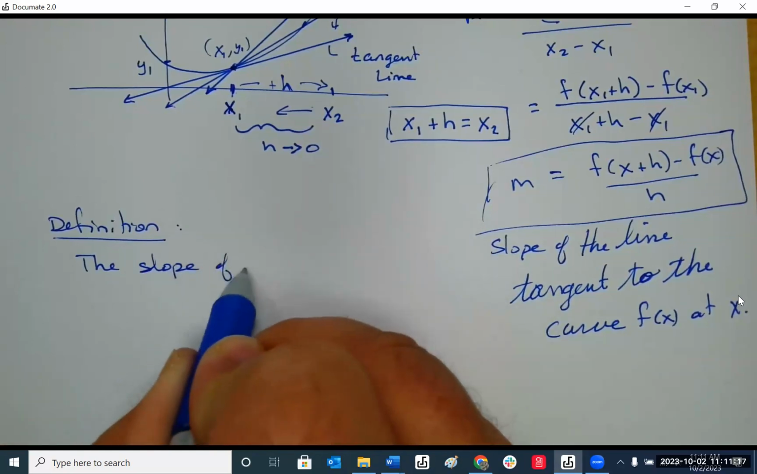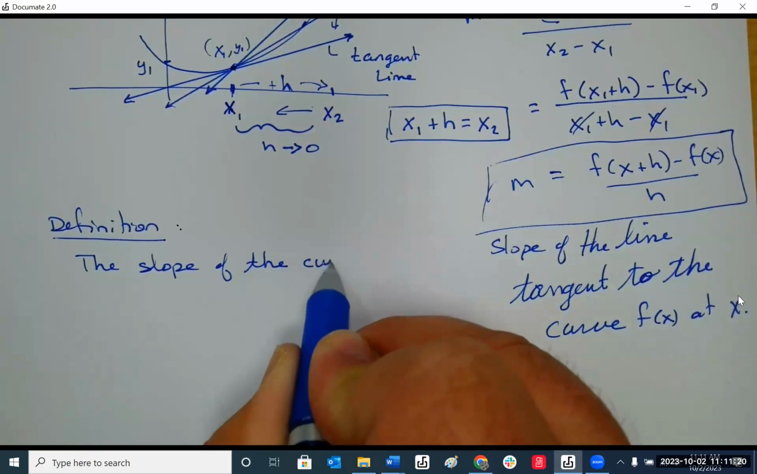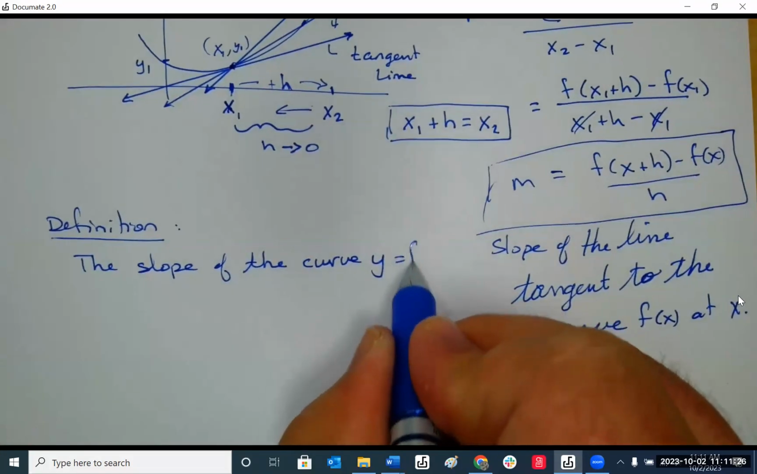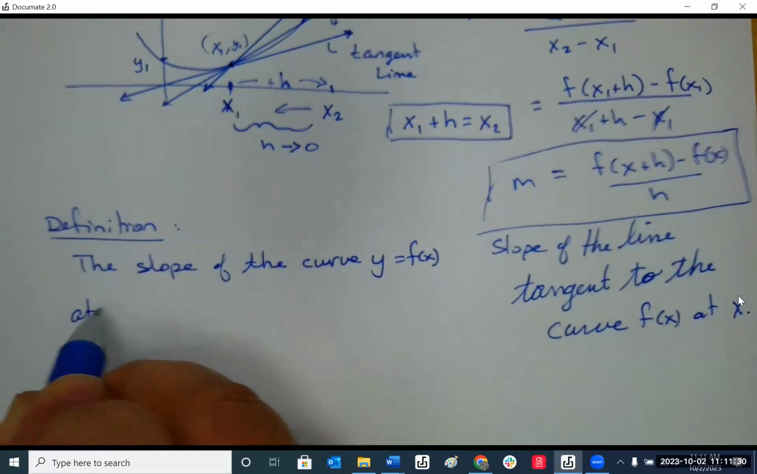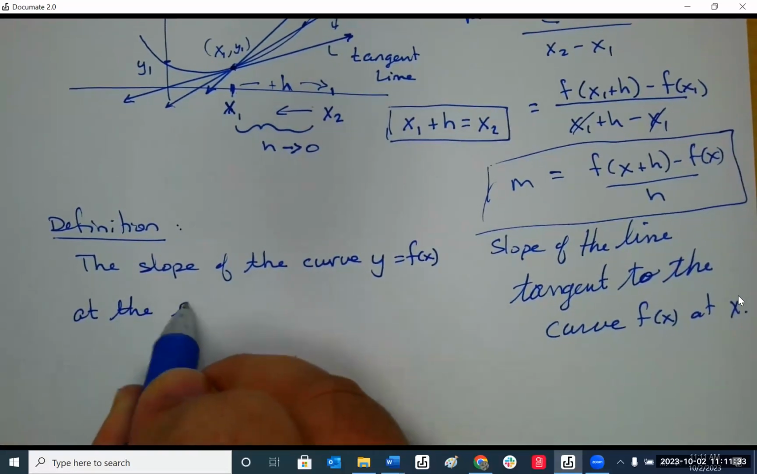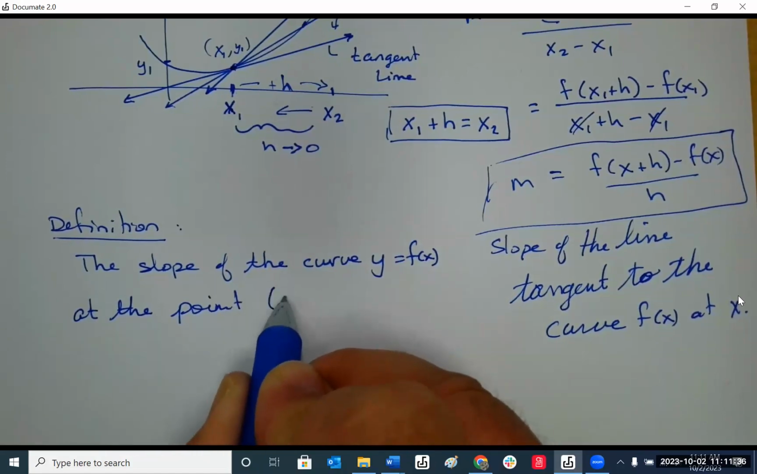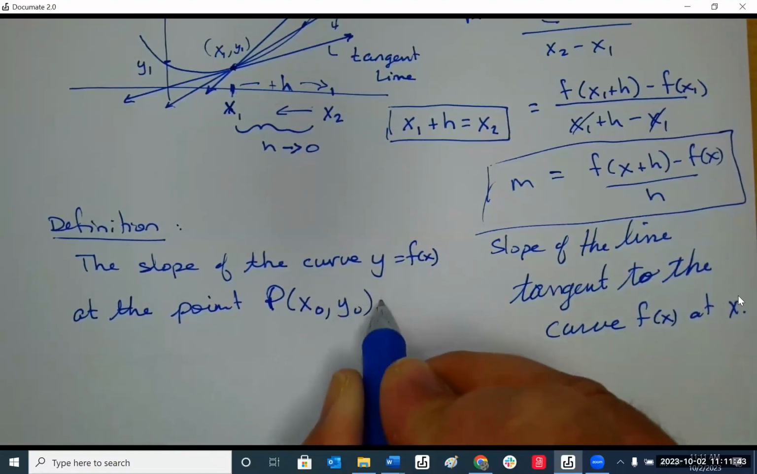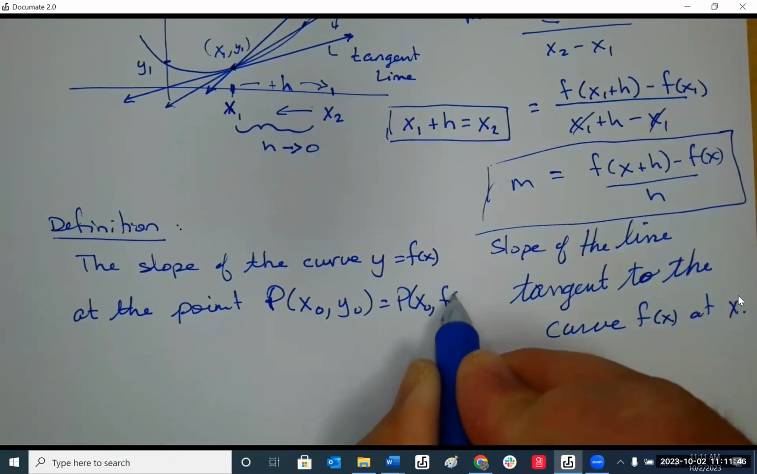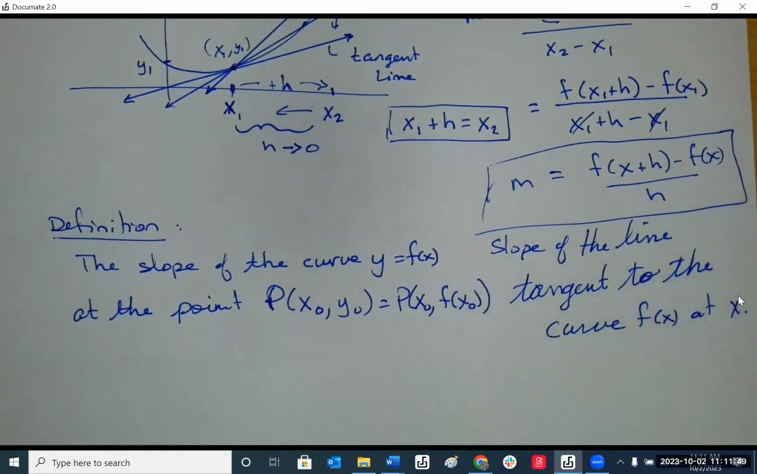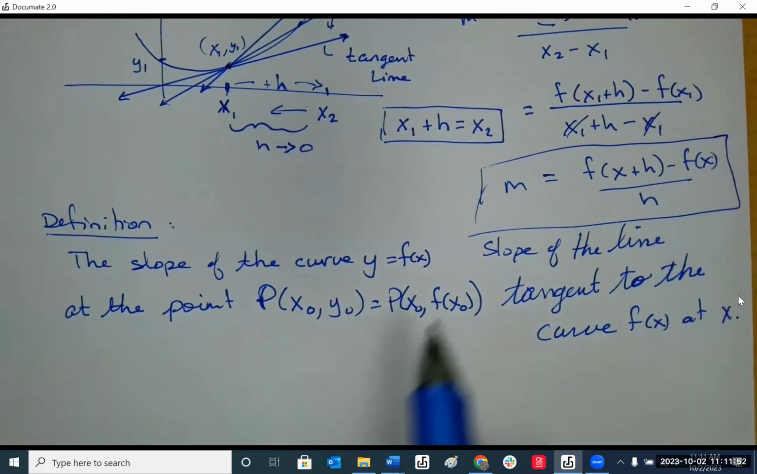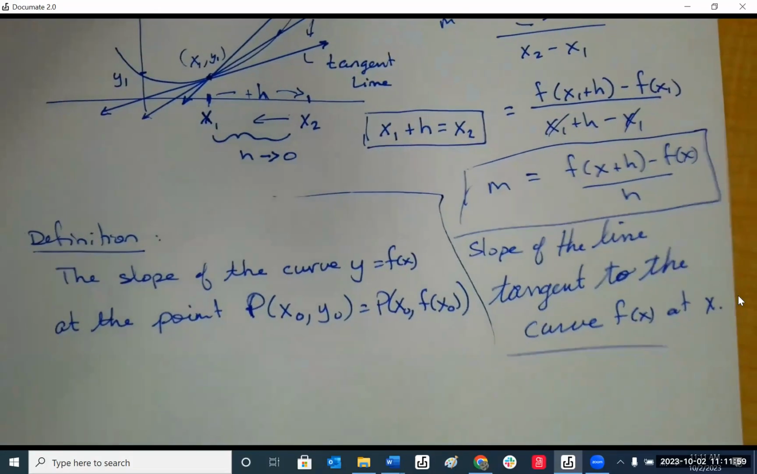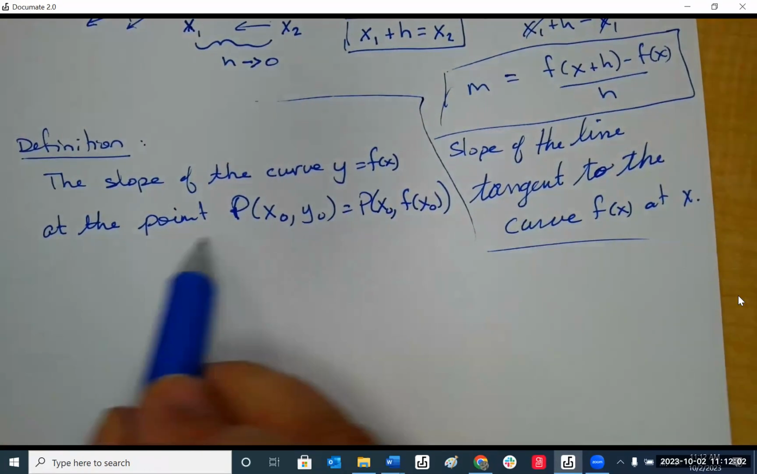The slope of the curve y, or f of x, at the point x0, y0, which is the point x sub 0, f of x0, so the slope of the curve at the point P